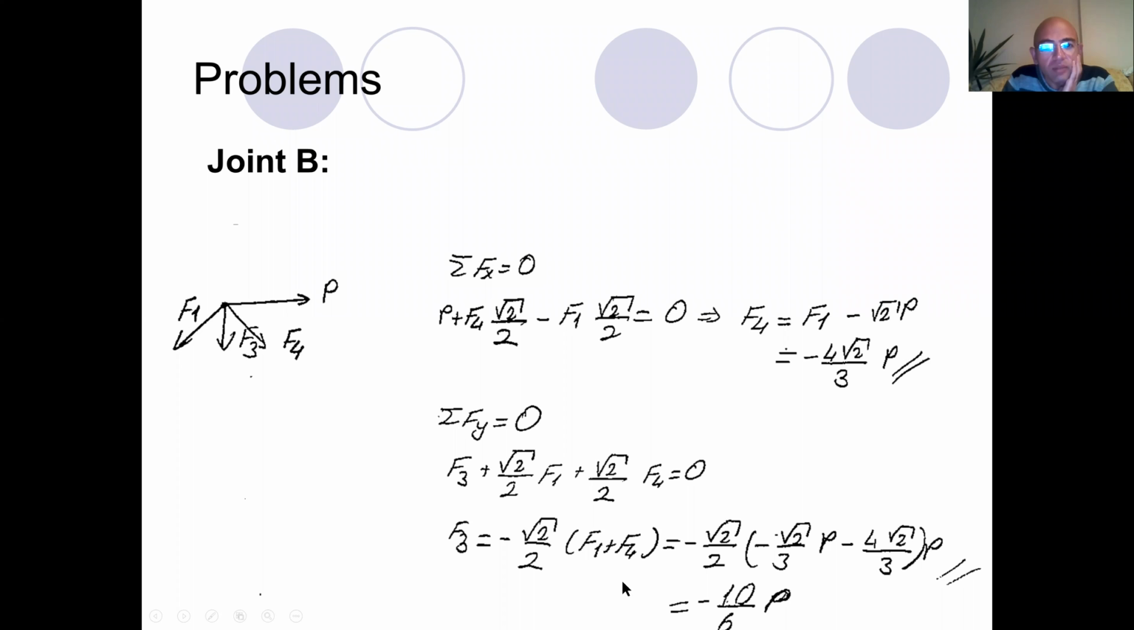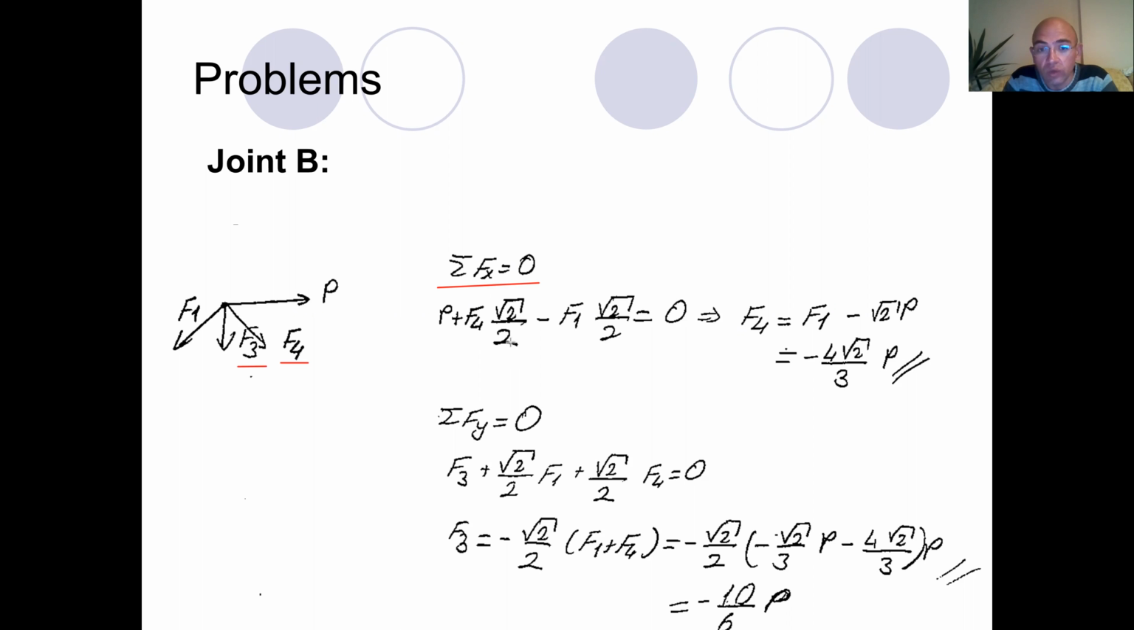Now let's look at the joint B. In joint B, I have three forces, F1, F3, and F4. We have already calculated the value of F1. Therefore, we have two unknowns at this joint, which are F3 and F4. Again, I have two equilibrium equations. First, the sum of the forces in x direction has to be equal to 0. From here, I can easily say that P plus F4 multiplied by cosine 45, because the member 4 makes an angle of 45 degrees,